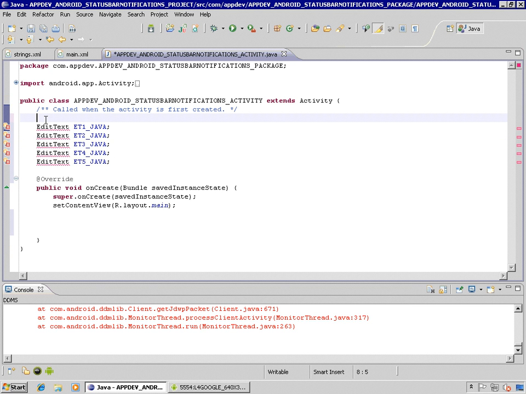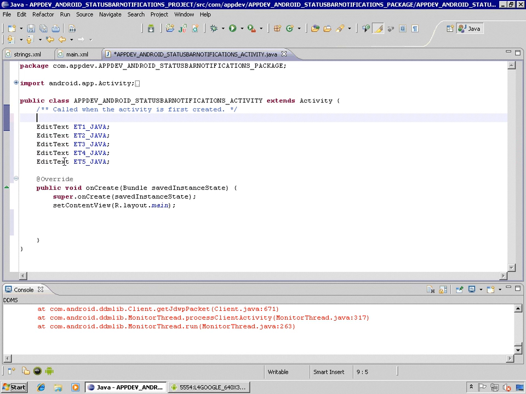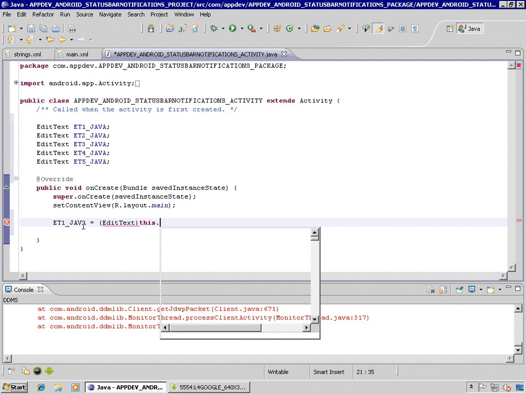So what's the definition of an EditText? We'll import that definition. Now what are these things? For each of them, EditText1 Java is going to be equal to something. We'll typecast EditText as the return value that comes back from a magic function call called this.findViewById,